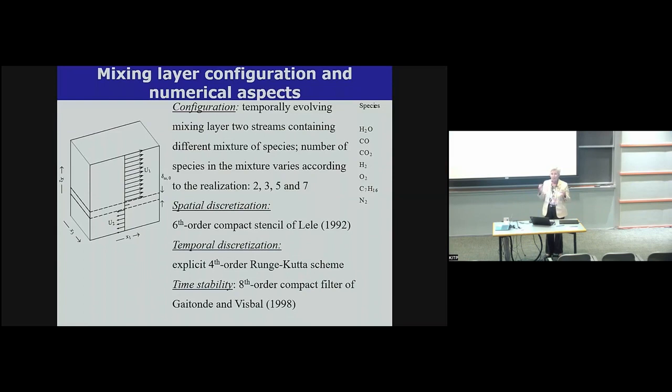The important thing is that in all these configurations, we make sure that the momentum ratio between the two streams is approximately the same so that we can compare apples to apples. What that means is that these additional species, except for heptane and N2, are trace species, which actually suits us perfectly, because what we want to see is the influence of trace species. If trace species are important, then obviously there's a lot to that, okay?